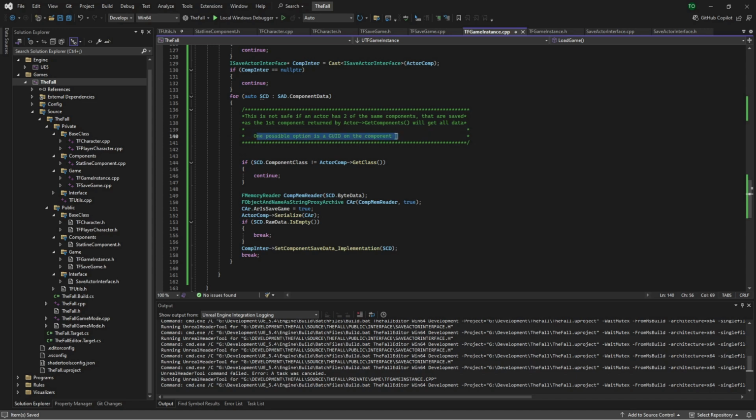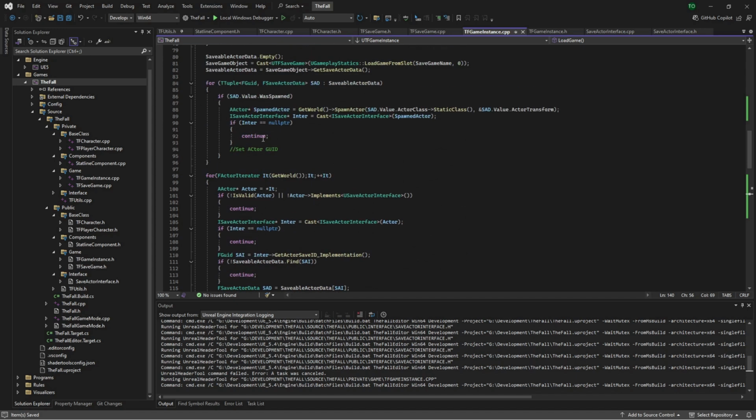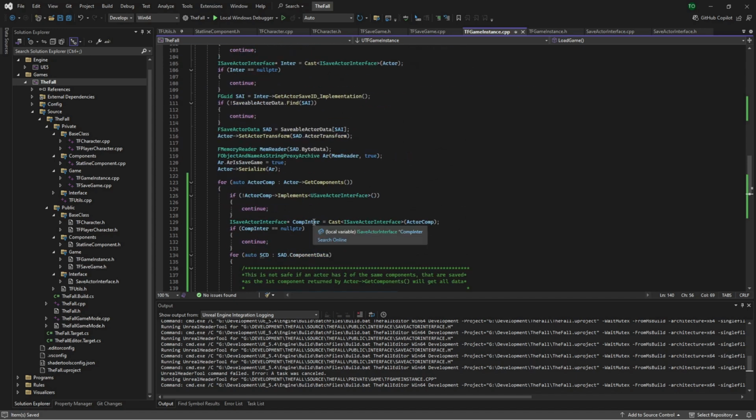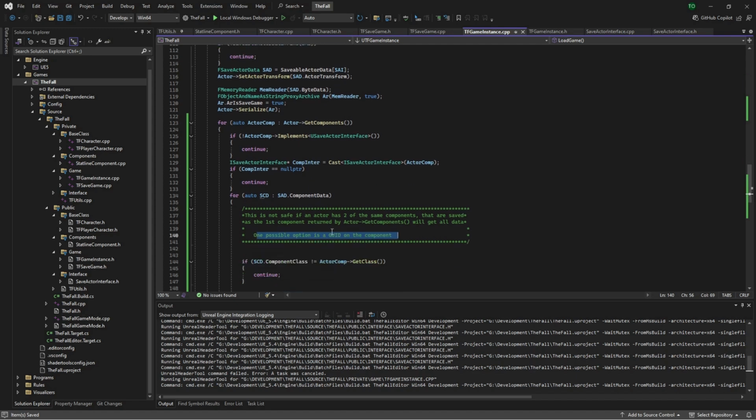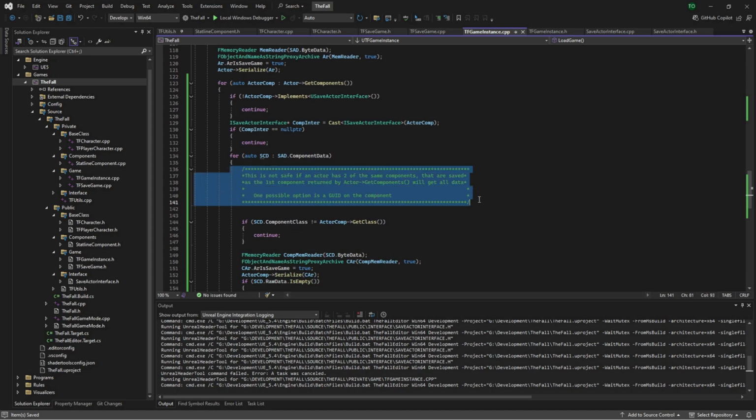Now, one possible option is GUIDs. However, you run into the problem with your spawned actors that we have up here. Well, now you're having to set GUIDs for a bunch of different things, and it gets really complicated at that point. So, I have this as a note for myself. That is quite literally not safe if an actor has two of the same components that are saved as the list. First component returned by the actor get component will get all of the data. That's actually not 100%. It's actually opposite. But anyways,